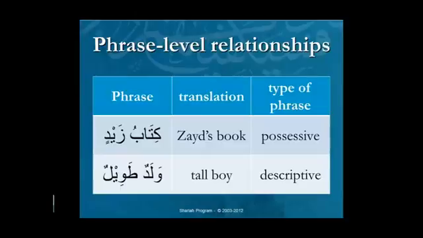In the one underneath that, the descriptive, the two parts of that, the first one is the one being described, and the second word is the adjective. So that sequence is important. It's the opposite of how it would be done in English. You would say tall boy, but in Arabic you would say waladun tawilun, with the boy word first and the tall word second. Again, much more could be said about these two types of phrases, but we're going to need to press forward.